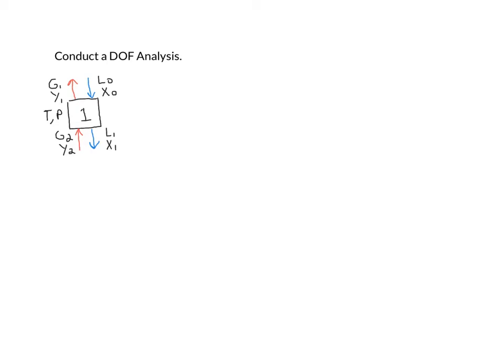Now we will conduct a degree of freedom analysis. The feed liquid flow rate and composition are specified, as are the temperature and pressure. But we do not have specified the gas flow rate and composition leaving stage 1 or coming into stage 1, or the liquid flow rate leaving stage 1 and its composition. So we'll have 6 unknowns. Let's write those down. So the unknowns, and there's 6 of them,